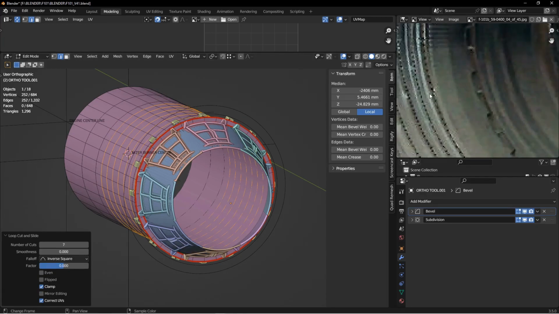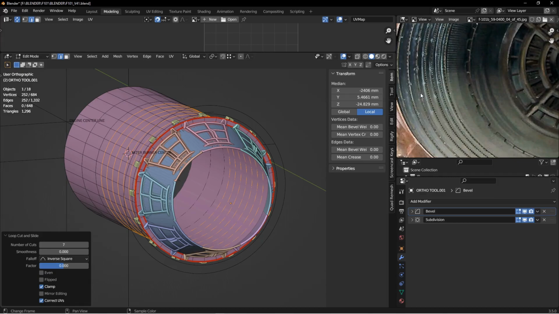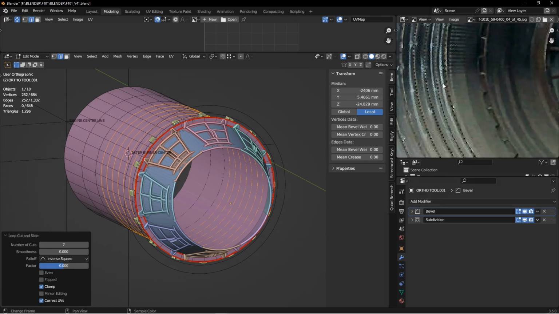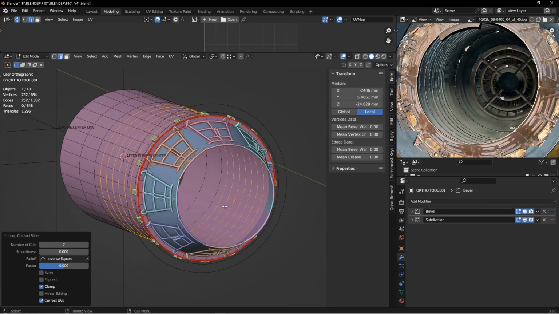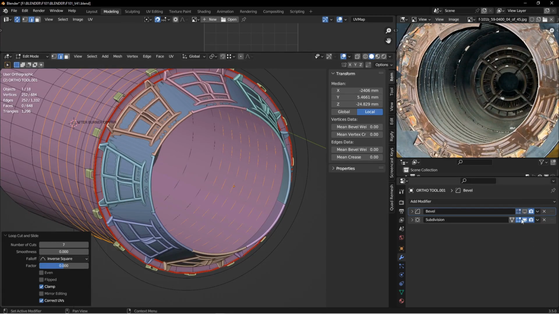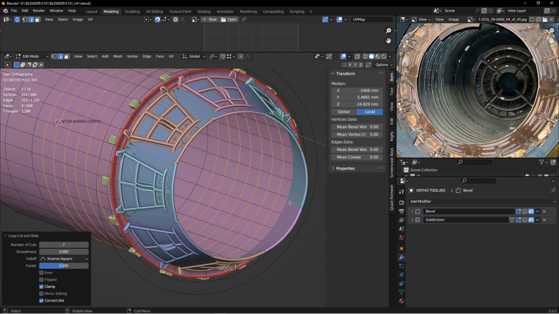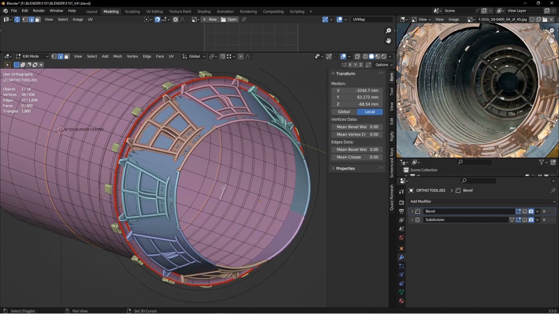You can see they have all these tiny little holes for air that comes through. And if you're really going crazy, you could put alpha channels on those if you wanted to show those off. Let me turn that off. And I'm going to hit Control B to bevel these just a little bit. I'm going to take every other one